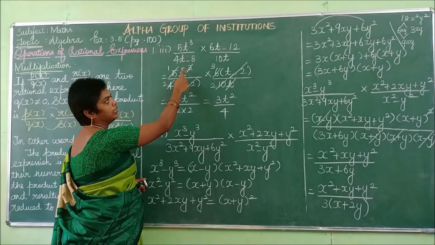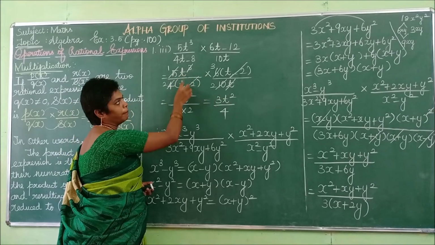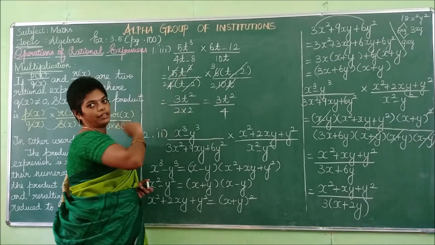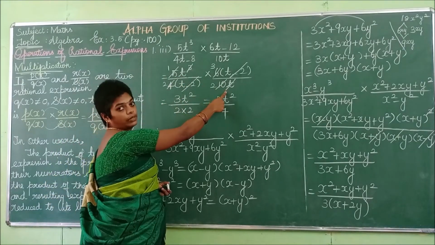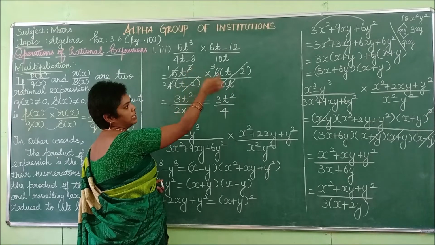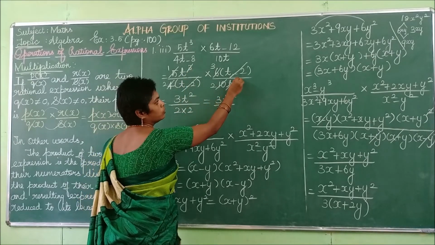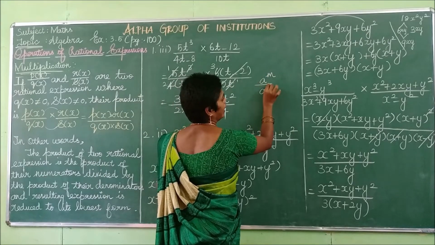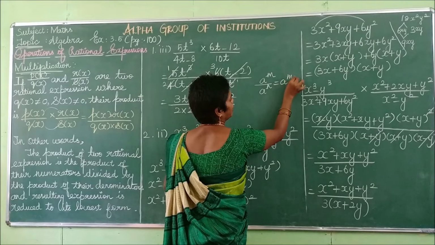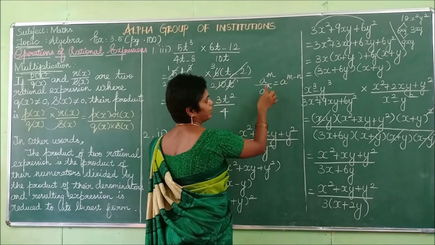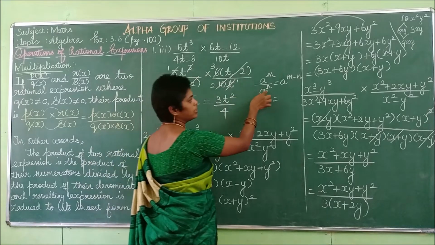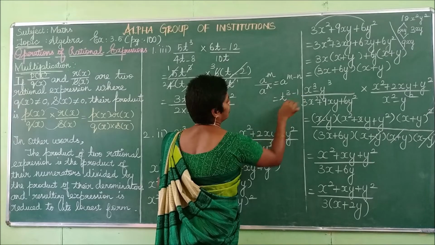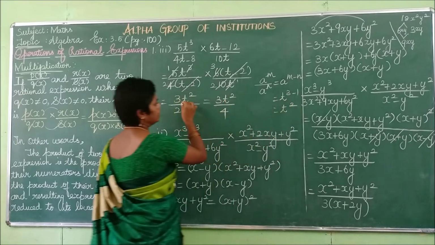Now you can cancel here t and here t. You should not compare these two terms because this term contains two values, while this is a single value. So you have to cancel the similar single value. So t power 3, here t power 1. Generally you know the formula a power m by a power n is equal to a power m minus n. Here the power is 3, here the power is 1. So t power 3 minus 1 is t power 2. That I have written.